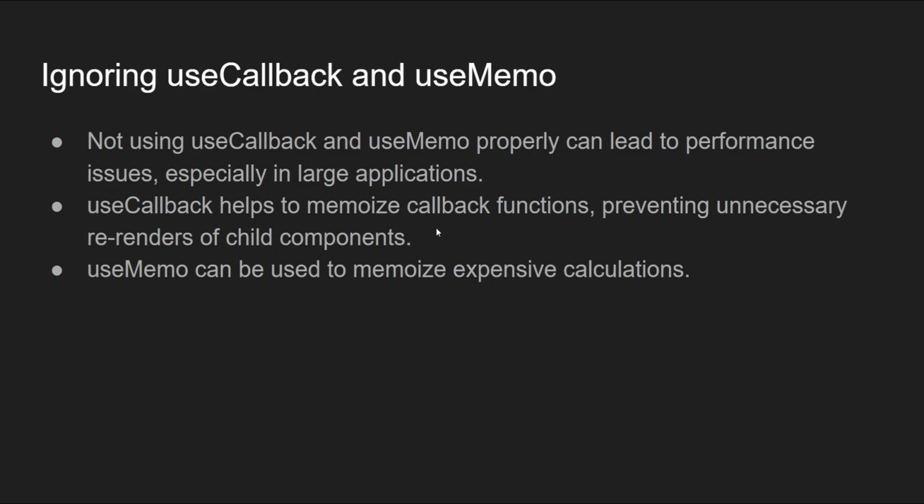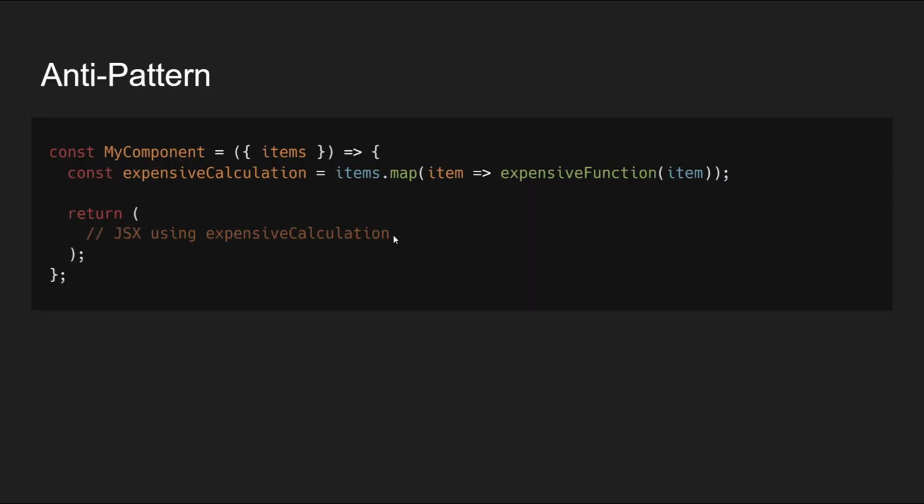So useCallback helps to memoize callback functions, and useMemo can be used to memoize expensive calculations, but still try not to overuse them because that can also lead to other memory related issues. So for example, the anti-pattern can be like this: when we are not memoizing the output of this expensive calculation, where we are iterating over some items and returning a new item in each iteration by calling a function which